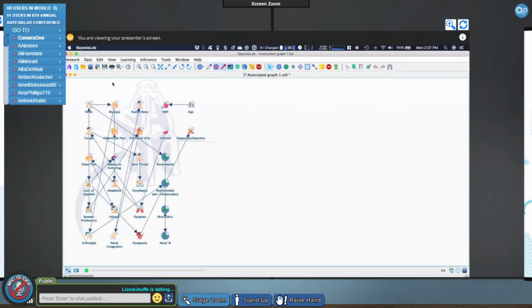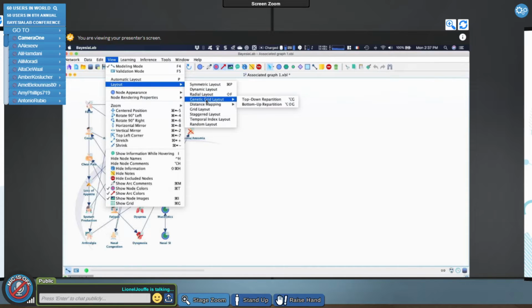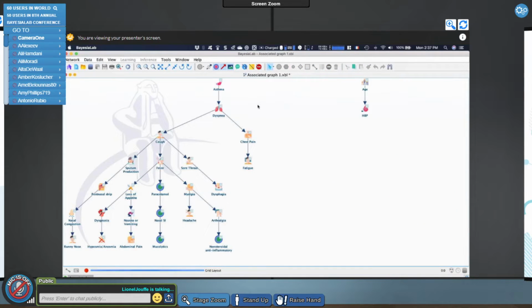With that, I can now also show you a new layout algorithm. This is something that we call the genetic grid layout. We have 2 versions, the top-down version and the bottom-up. I'm used to using the bottom-up repartition here. And this is based on a genetic algorithm for finding a layout that represents a kind of hierarchy, right? You have to imagine a grid, and then you have a hierarchy with that. So it's very, very convenient for representing causal Bayesian networks, right?